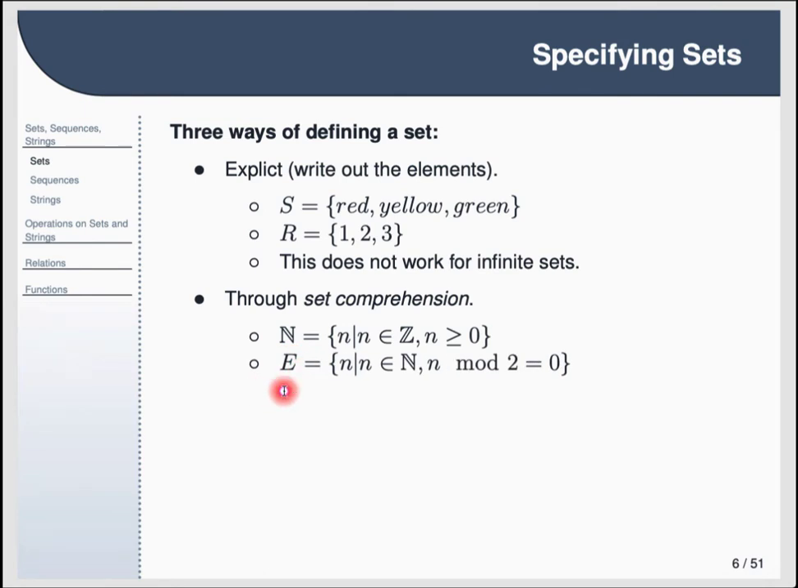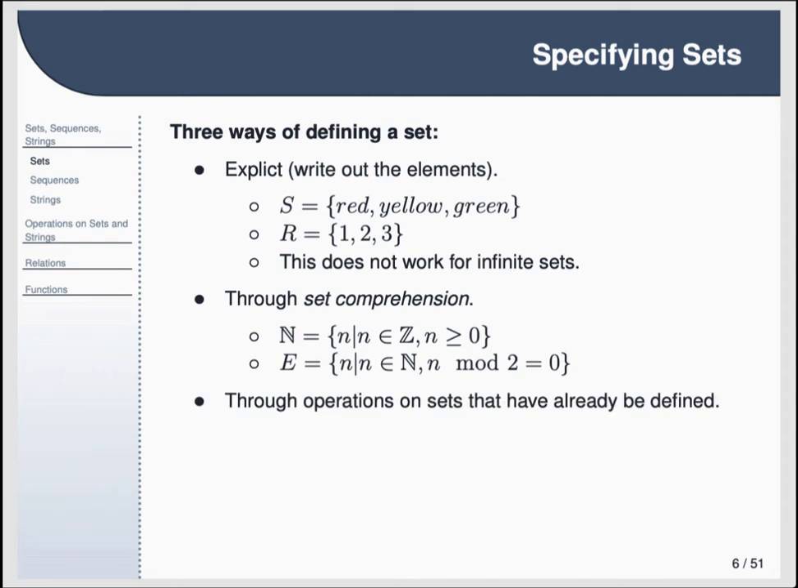Another example, our set E here: we said all elements n such that n is an element of the natural numbers, and n mod 2 is equal to 0. So this is going to be defined as our set E, and it turns out that this is equal to the even natural numbers. And then, mostly for completeness, I'll add a third way of defining sets,